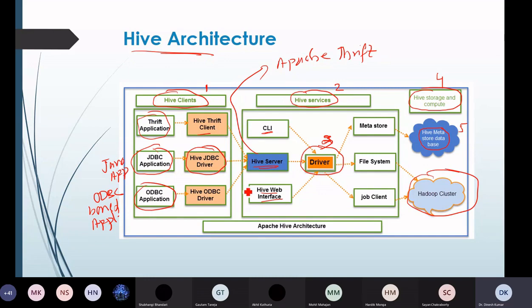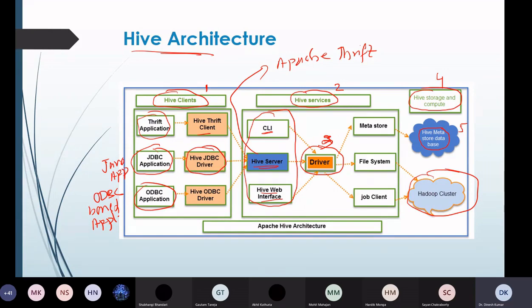Whatever request is coming from the Hive client is taken care of by the CLI, the Hive server, or the Hive web interface, because Hive server, as I told you, is based on Apache Thrift. So the Thrift clients will send their requests through this server, and then this server will interact with the Hive drivers.